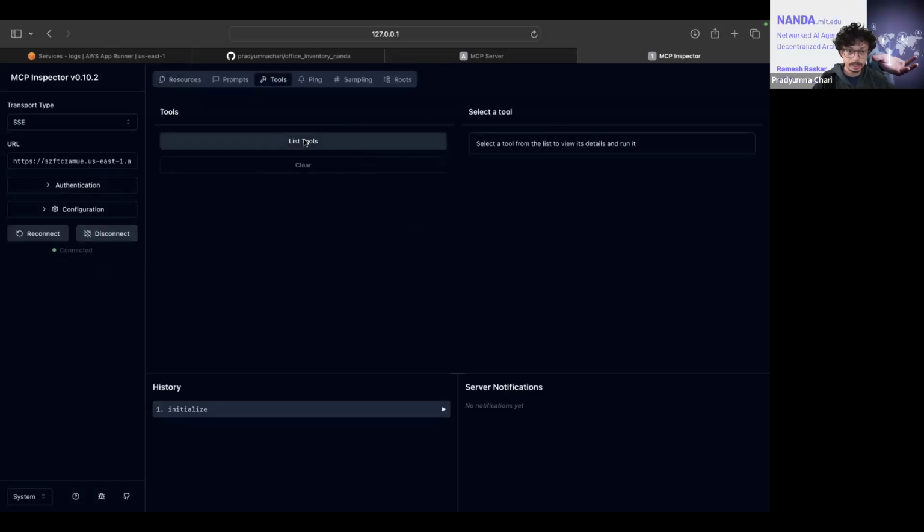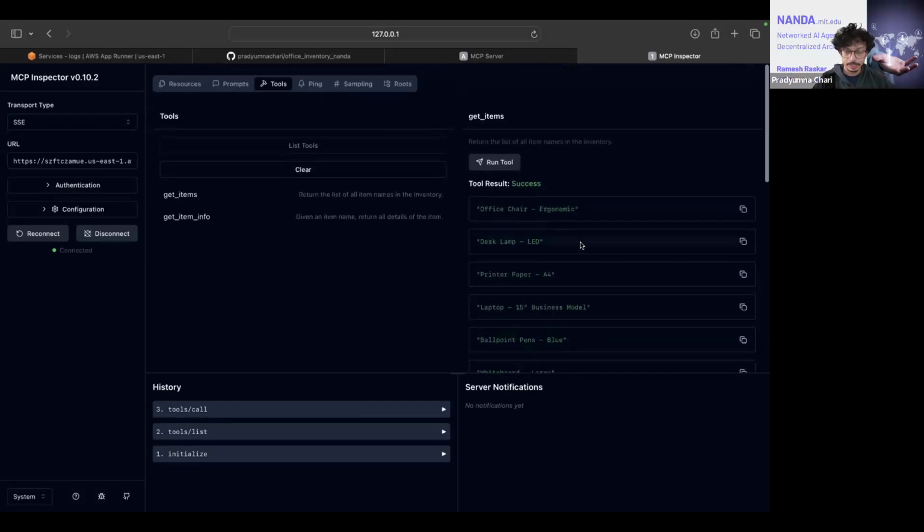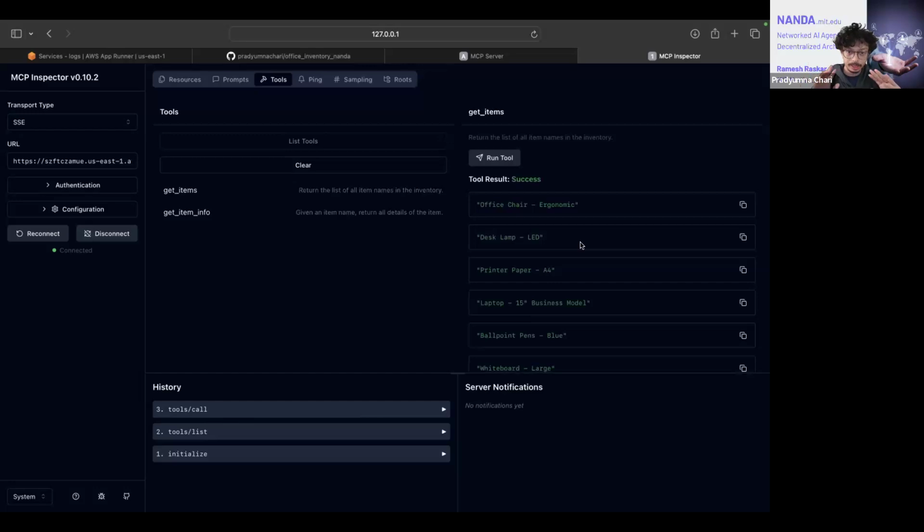Looks like it's connected. I list the tools. Looks like all working well. Looks like everything is working perfectly. So that's great. All working perfectly. The MCP server is working correctly on the publicly hosted endpoint, and we are good to go to register on